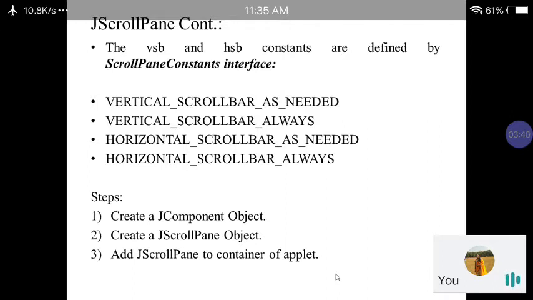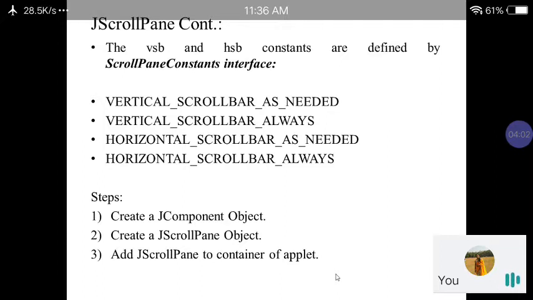Otherwise, it will not be visible. The second constant is vertical scroll bar always. It means either the component is small or large, the vertical scroll bar will be added compulsorily by default when we use this constant.